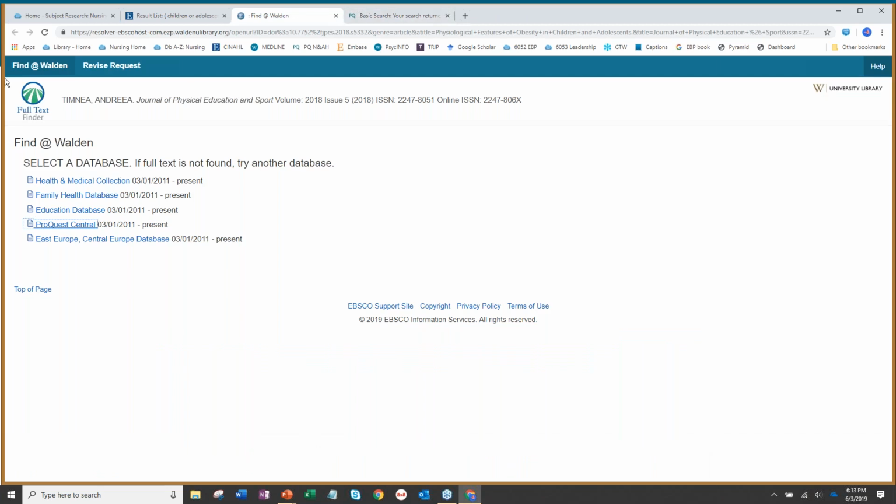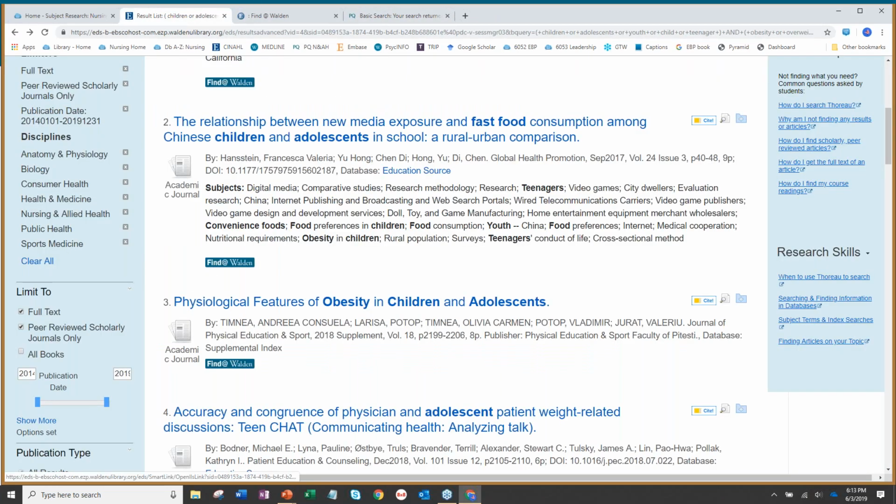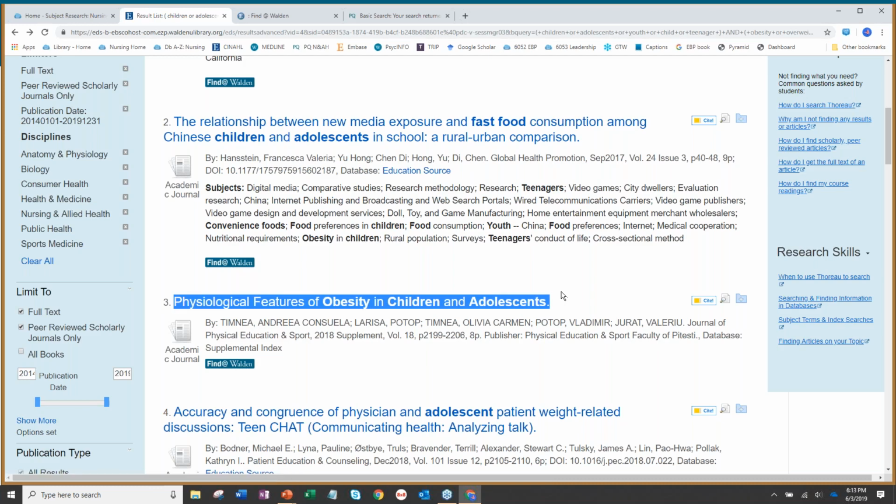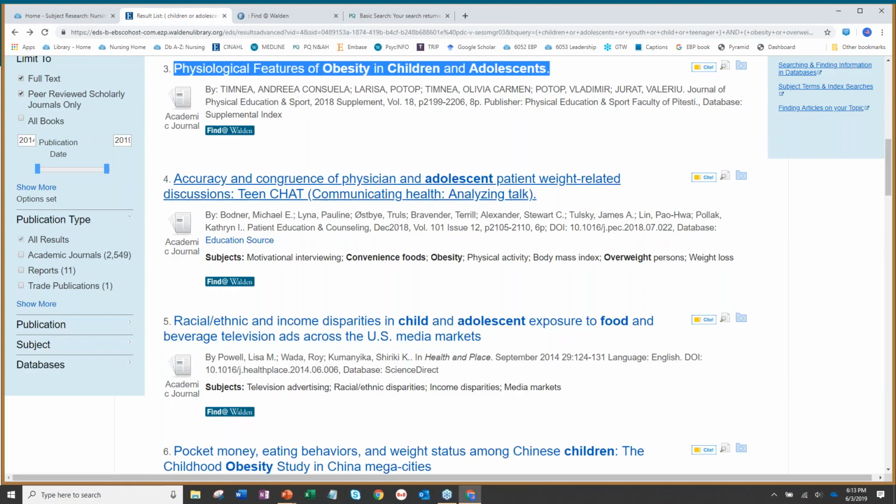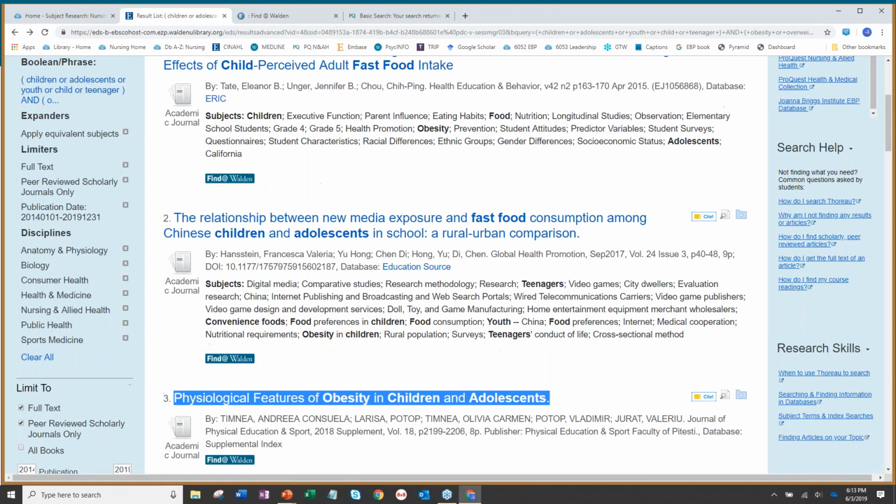So if you're just looking for an assignment, I would just go back to your hit list here and pick another one. If you were doing a dissertation or a capstone and you really need this article, we can get it for you. But if you're just doing an assignment, I would move on and find another one, since we still have